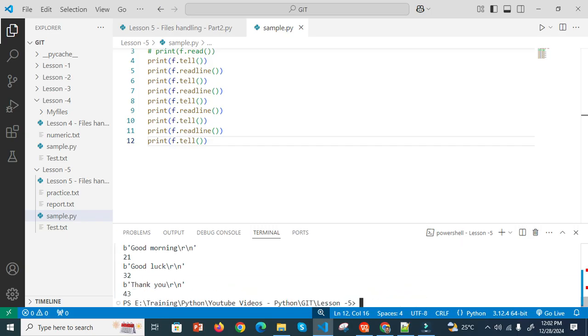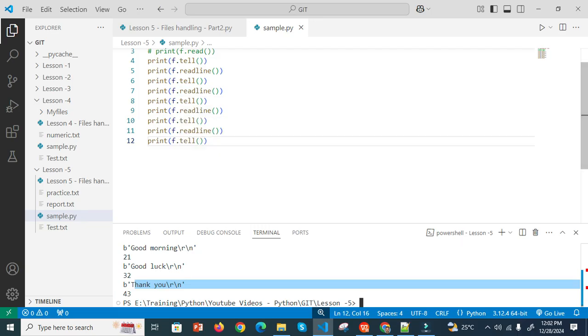It displays 43, right? So like this it keeps going on. So you can play around and you can understand well about tell. So tell will tell you the current position and it returns an integer value. Now we move on to the